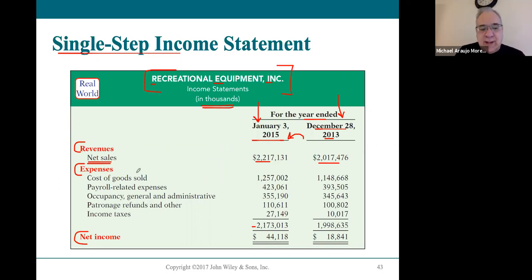But if you look at the expenses, as I told you, how different merchandising is from the service businesses that we have been looking at up to this chapter, the largest expense that they have is the cost of